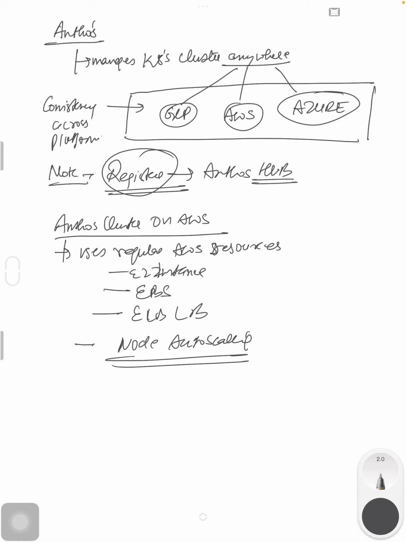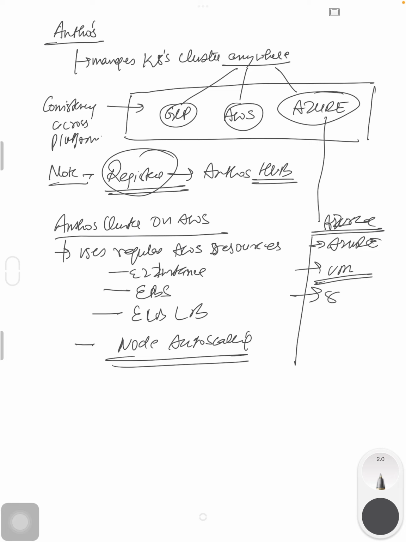In the same way, if I create an Azure cluster in Anthos, then the resources will be Azure specific. It will be VMs, and Azure specific storage will be used. Whatever is specific to GCP is replaced by Azure specific resources. But one thing to note, if we have an Anthos